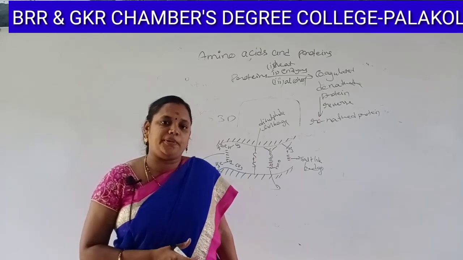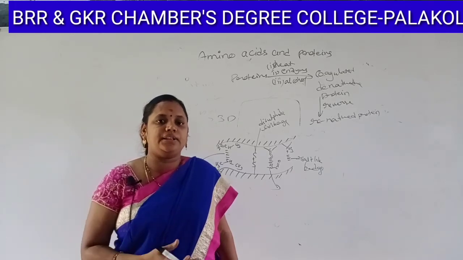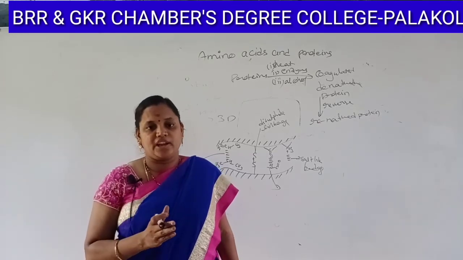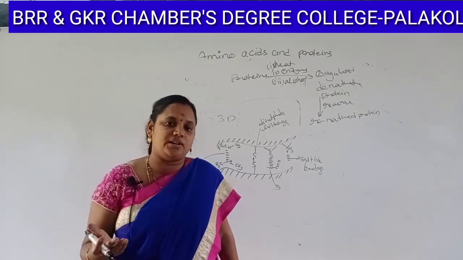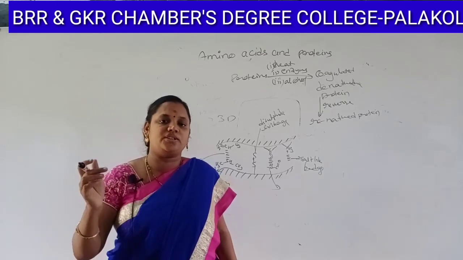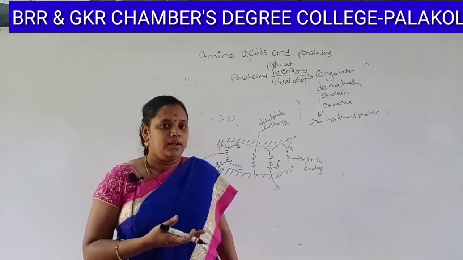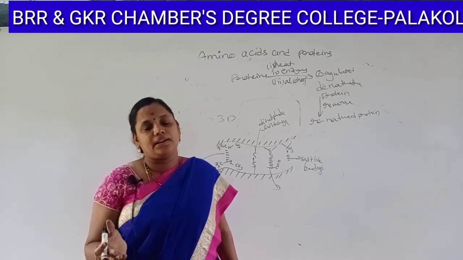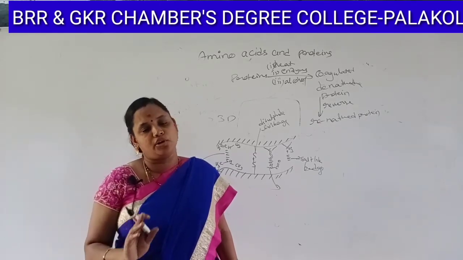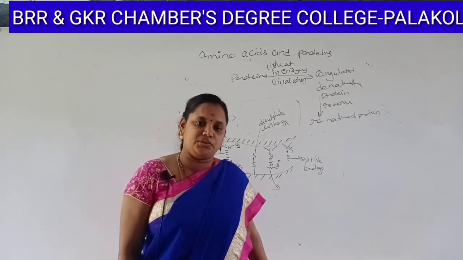Next, coming to physical properties, you have to learn about zwitter ion, dipolar ion, and separately about isoelectric point also. Zwitter ion is a separate question and isoelectric point is also a separate question, but in essays they may be combined and asked. Write about zwitter ion and isoelectric point. Learn about chemical properties of amino acids also, and learn a brief note on peptides and a brief note on proteins. Okay, this is all about amino acids and proteins chapter, students.